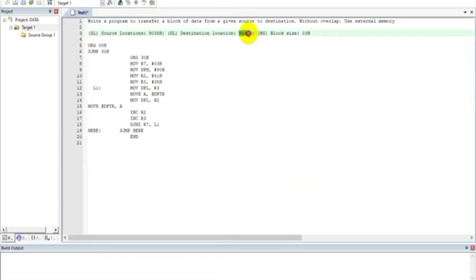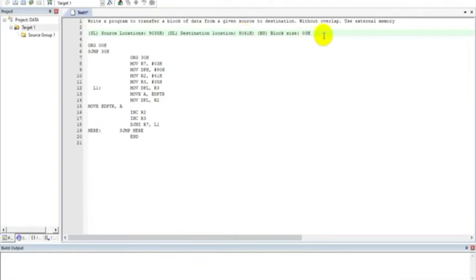Some 16-bit or 4 digits in simple. Now the problem in choosing the source and destination location is I have only one 16-bit data pointer, that is DPTR. So carefully choose the address such that the higher byte is common. I am choosing higher byte common 90 and 90.